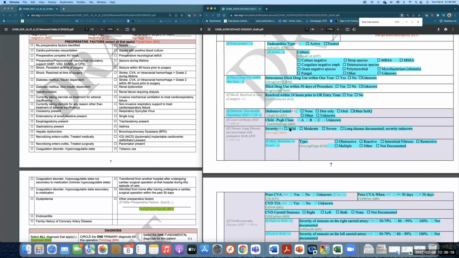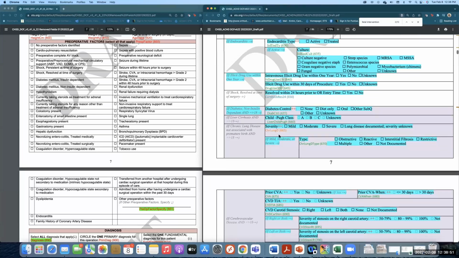We want to know the severity: mild, moderate, severe lung disease, documented but severity is unknown. The coding of severity is based off of a hierarchy of different things, including FEV1s and the use of bronchodilators. We provide extensive information in the training manual on how to code chronic lung disease, but it is one of those tricky fields. And Melinda, I don't know if you have anything you want to add here, just besides it's a tricky field. Well, for the adult population,